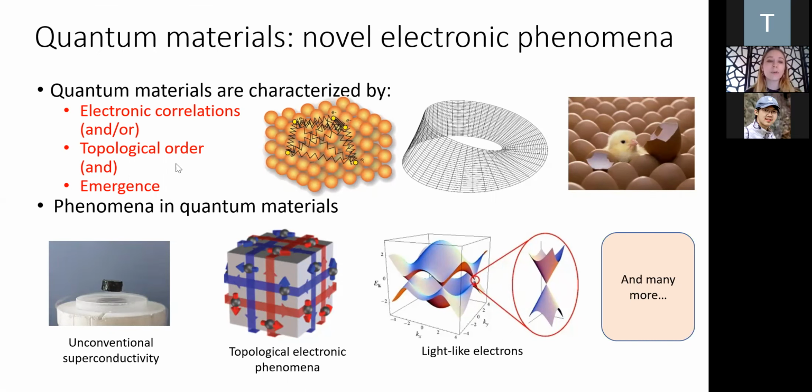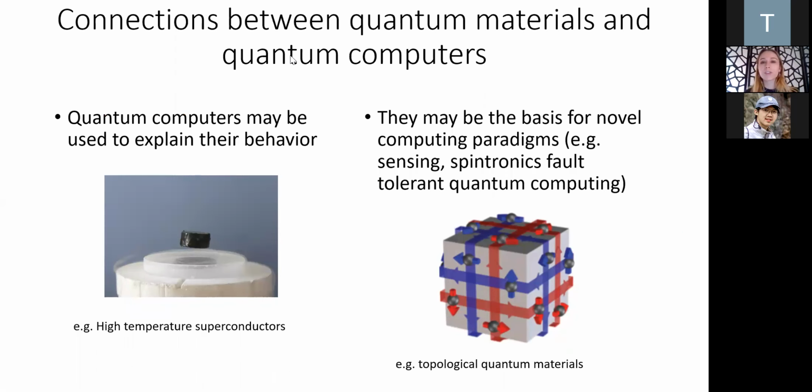Another aspect of quantum materials is that some of them have some sort of topological order. So there's some geometry of their many-body wave function that yields unusual electronic properties. So let me, to summarize the connection between quantum materials and quantum computers before I veer off in a completely different direction, let me just summarize it here.